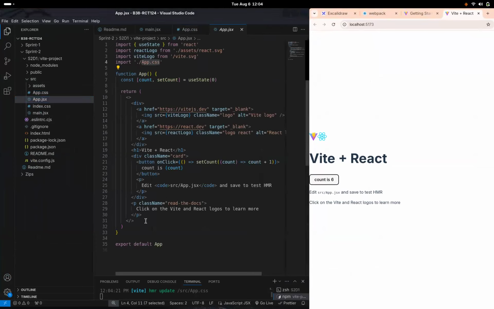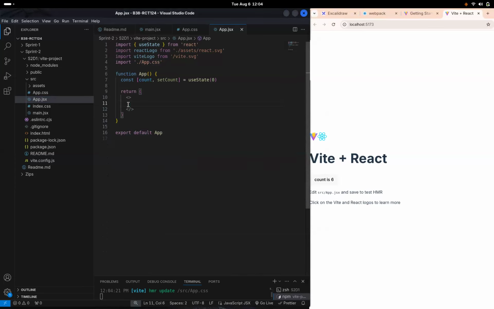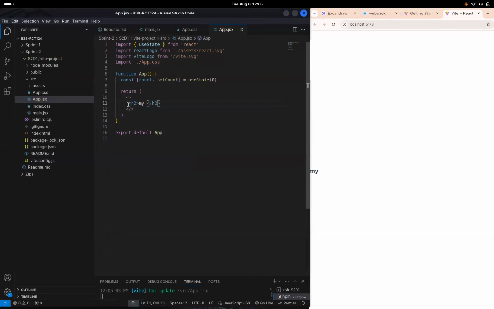So let's do one thing. Let's remove everything. Let's just say my React application. Right? So do we have all this stuff over here?